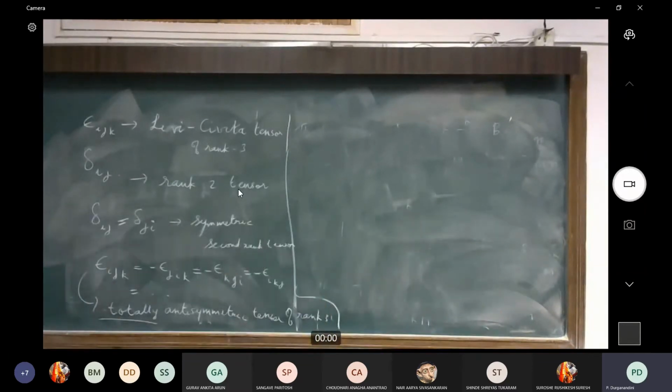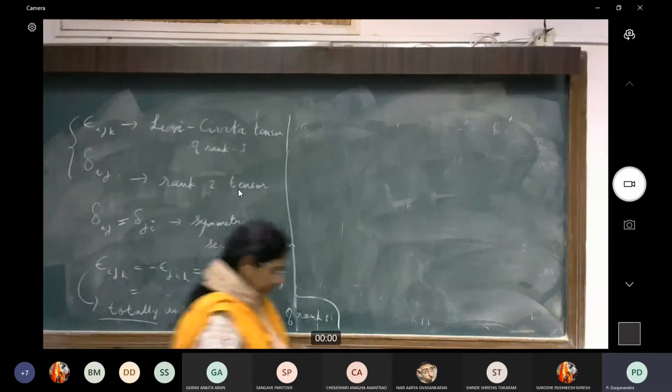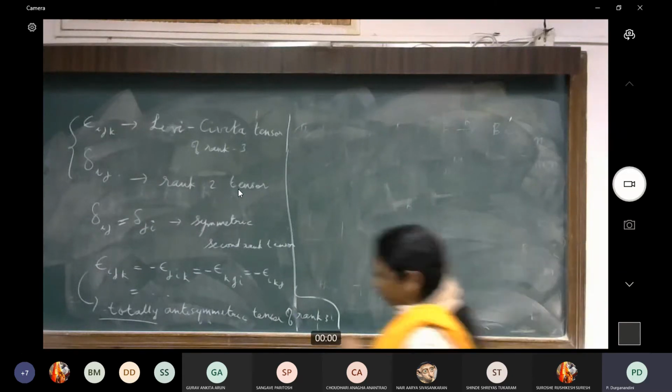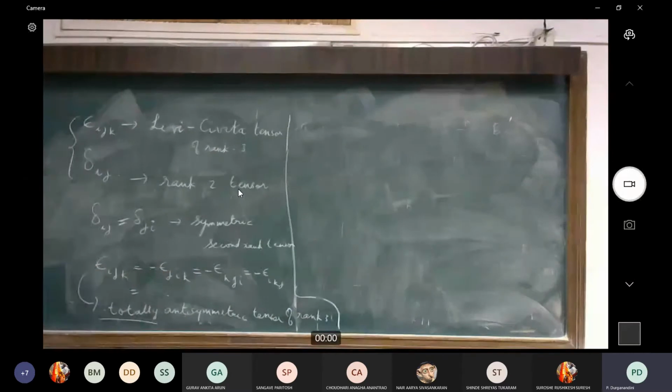All right. So to come back to this, I've now introduced these two objects, one a second rank symmetric tensor, and another the completely antisymmetric third rank tensor. And the interesting part of these two objects is that the components of these two tensors do not depend at all on which basis you have chosen. Now, before I tell you a little more of the properties, let me tell you that both these tensors are very useful.